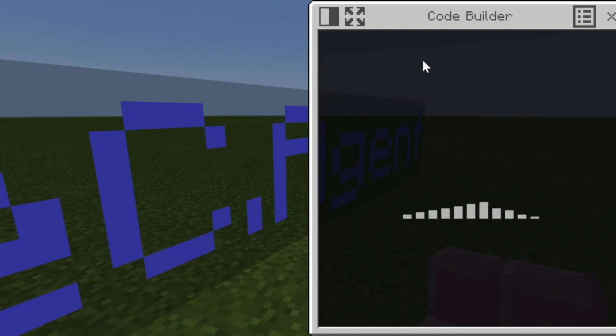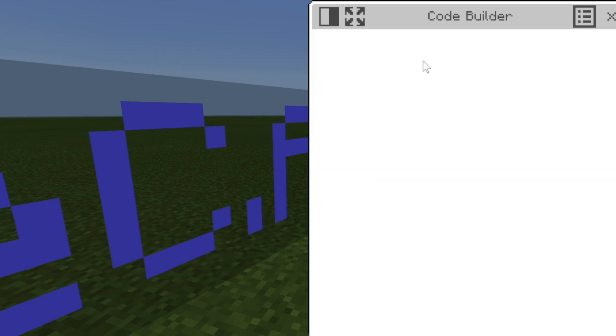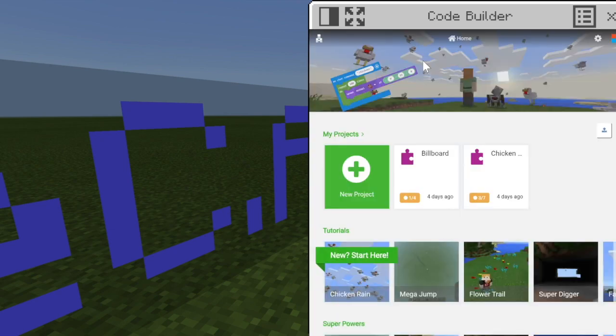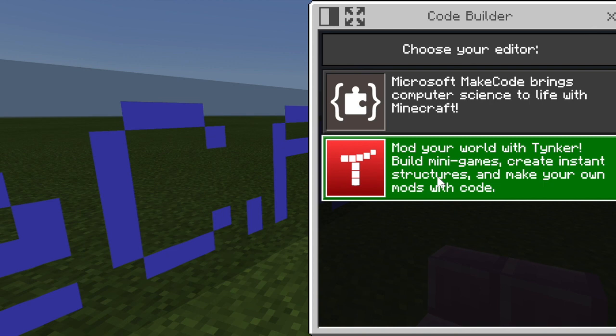There are no obvious differences between the two, but the way I like to explain it to schools is that the Microsoft Code Maker is great for students who are learning how to code using block-based coding, Python and JavaScript, whereas Tinker here is great if you are